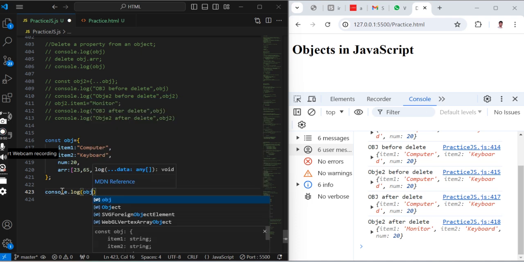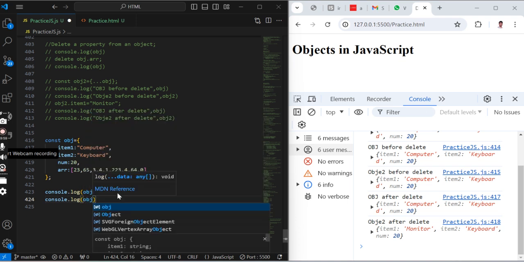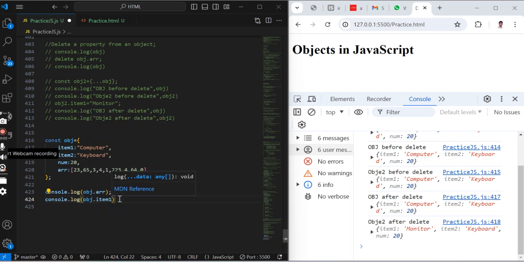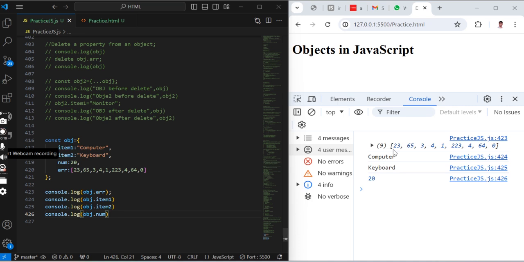console.log obj dot array, like console.log obj dot num, let me copy it, item2, and this is num. We have four properties in this object and all four properties we have printed,